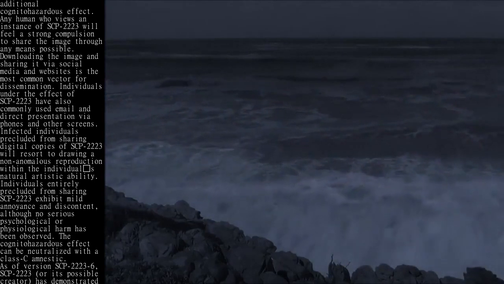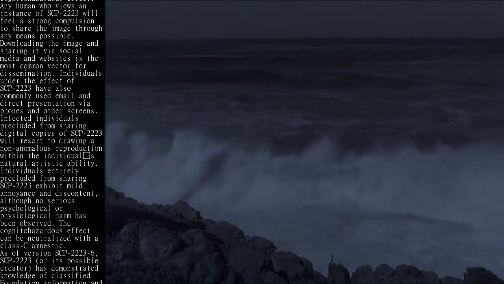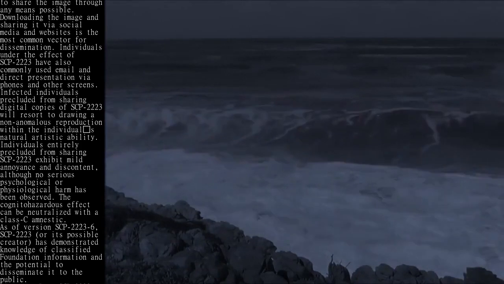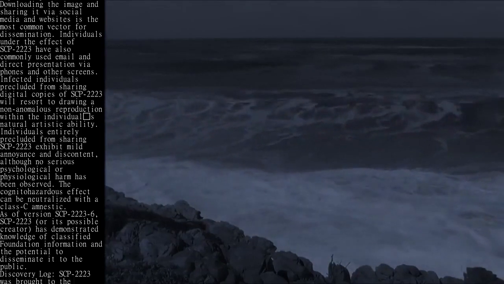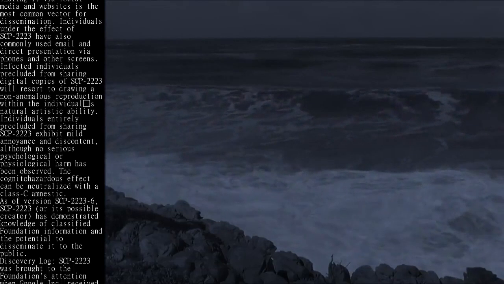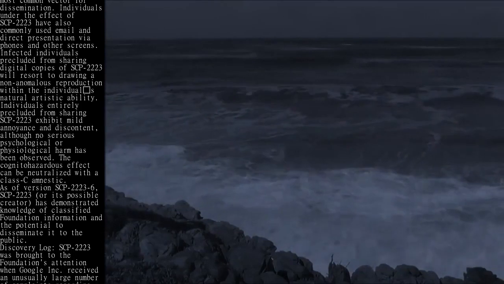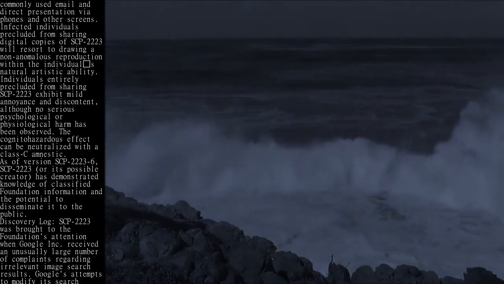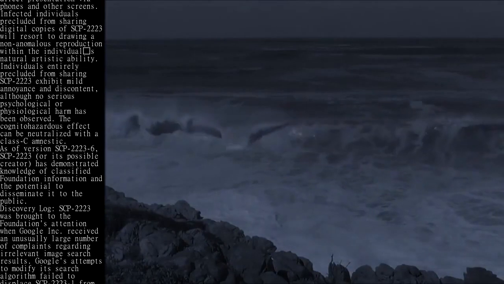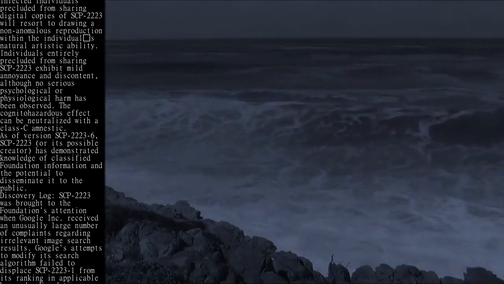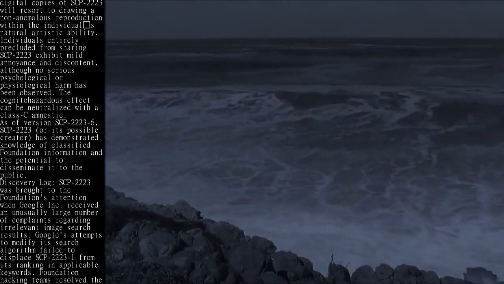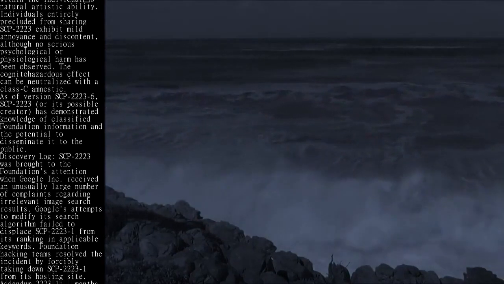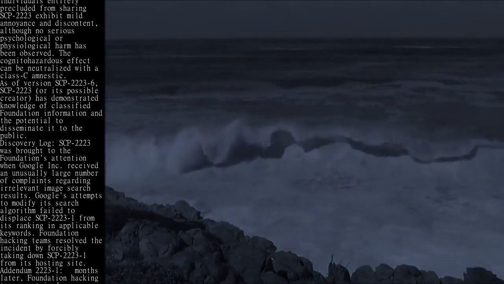Infected individuals precluded from sharing digital copies of SCP-2223 will resort to drawing a non-anomalous reproduction within the individual's natural artistic ability. Individuals entirely precluded from sharing SCP-2223 exhibit mild annoyance and discontent, although no serious psychological or physiological harm has been observed. The cognitohazardous effect can be neutralized with a Class C amnestic, as of version SCP-2223-6. SCP-2223, or its possible creator, has demonstrated knowledge of classified Foundation information and the potential to disseminate it to the public. Discovery Log: